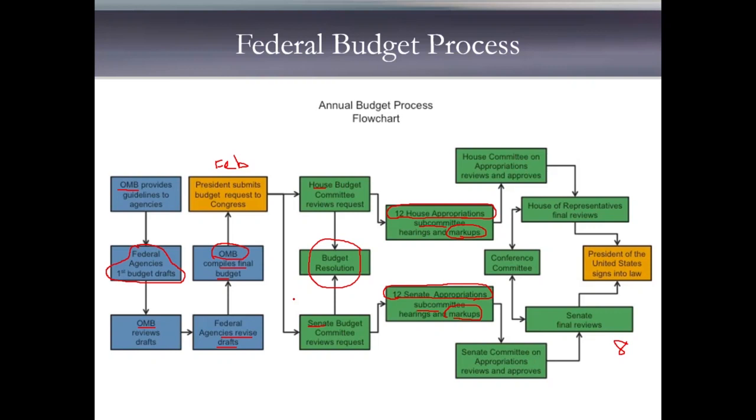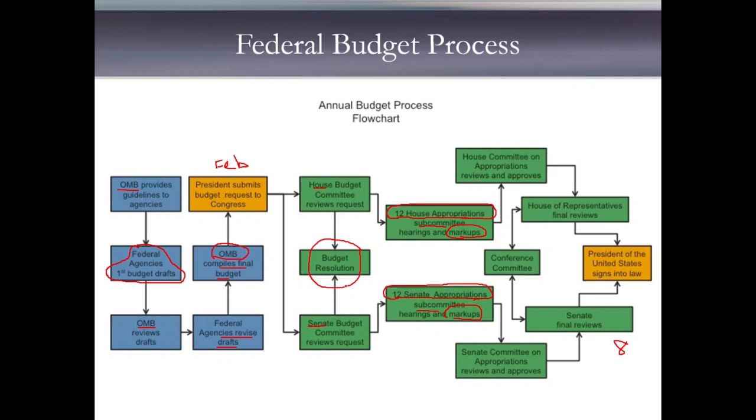So we're talking about an appropriation subcommittee for national defense. We're talking about a House appropriation subcommittee for the Environmental Protection Agency, one for education, et cetera, all those different federal government agencies. And the same thing is going on at the Senate. There's communication, you can see with these arrows back and forth between the two, as they work on what is ultimately a budget resolution that they will then submit back to the president in order to have signed into law,